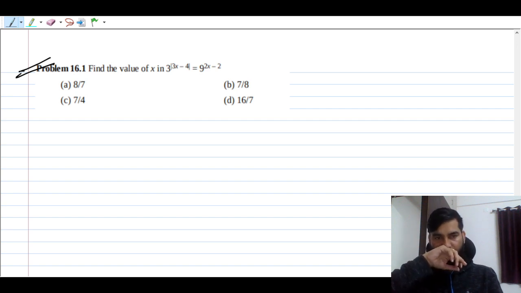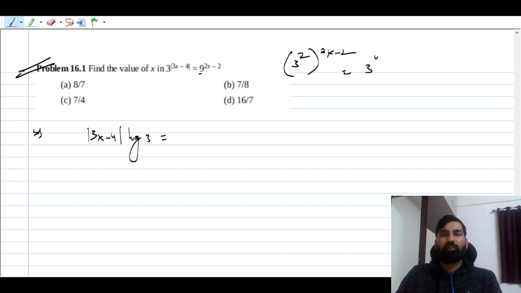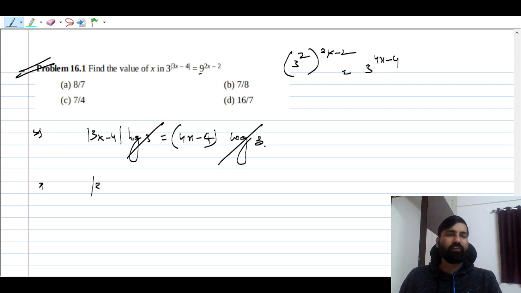So if you take log both sides, then (3x minus 4) log 3 equal to, and you can write 9 as 3 to the power 2, to the power 2x minus 2, 3 to the power 4x minus 4. We have talked about this, right? So this is nothing but (4x minus 4) log 3 only. Log 3 cancels. We have got the equation